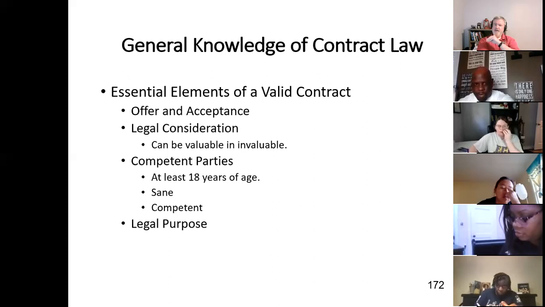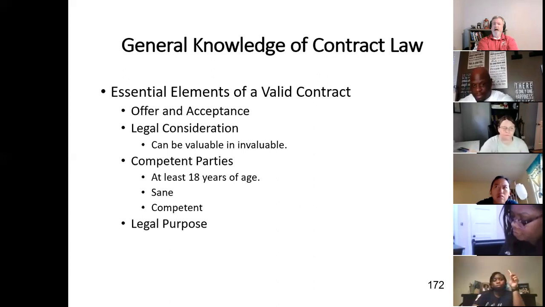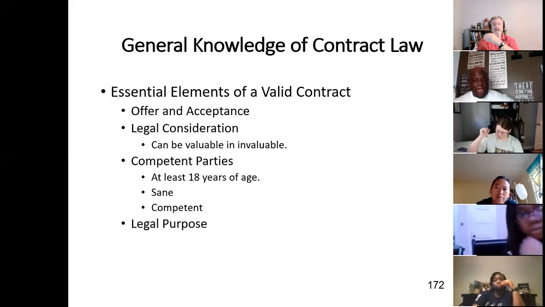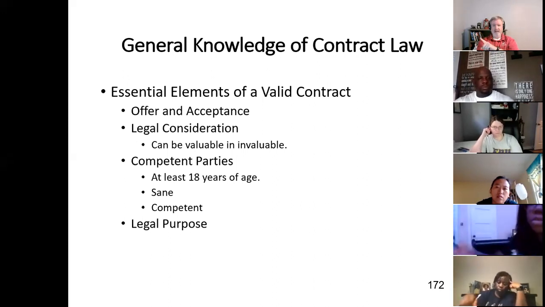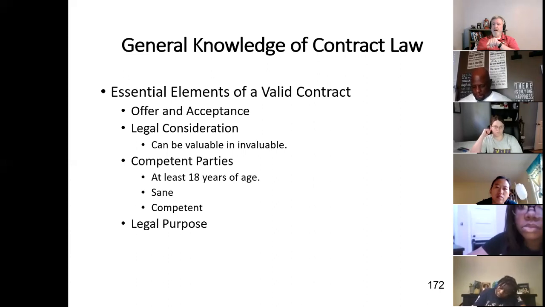So could I decide to give my house to somebody without any money passing hands? I could. But obviously, if no money passes hands, that means there's no valuable consideration. Therefore, there would have to be some invaluable consideration, and the law only recognizes one form of invaluable consideration. Hopefully you see that in your material book there, but that would be love and affection.